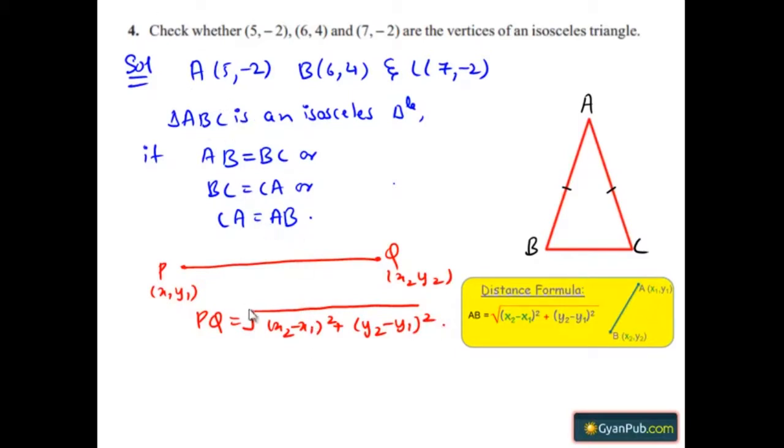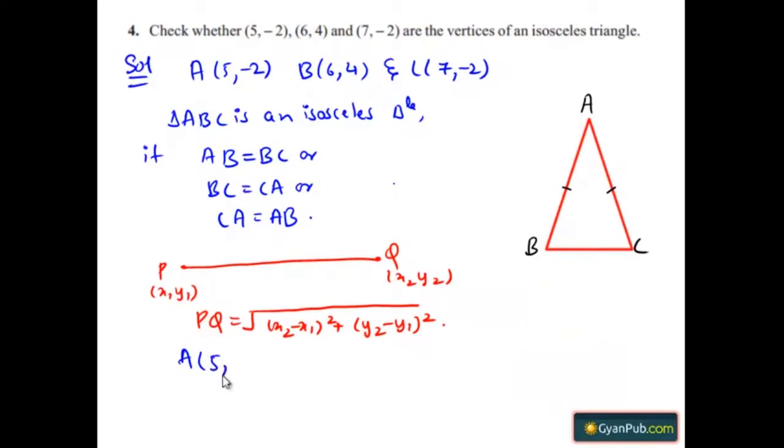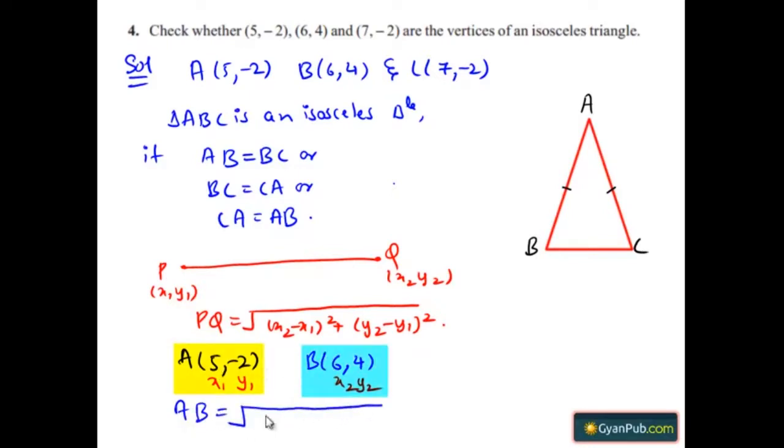Let us take the points A(5, -2) and B(6, 4). Here we represent the point A as (x1, y1) and the point B as (x2, y2). By distance formula, the length AB equals under root of (6 minus 5) whole square plus (4 minus of minus 2) whole square, which is equal to under root of